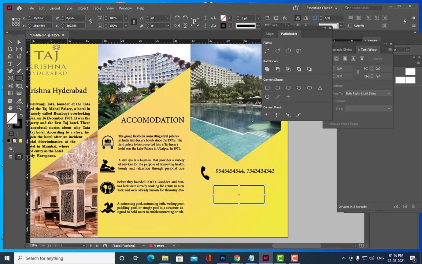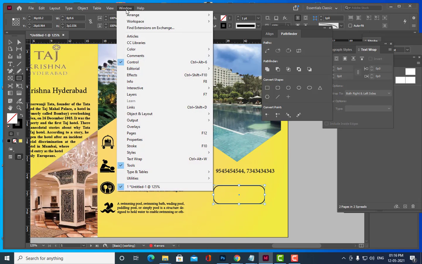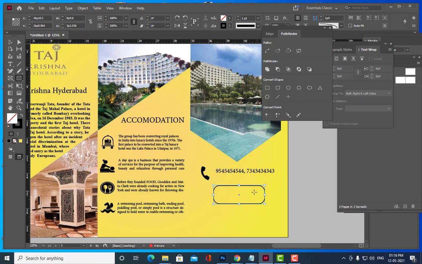You can have these options here. Can you see here? Pathfinder. You can go to Object and Layout. In older versions it is not inside Object and Layout, but in this version it is. So this Pathfinder, and then you can create something like a rounded rectangle, and then you can give some color to this.